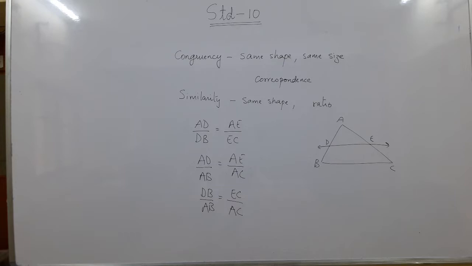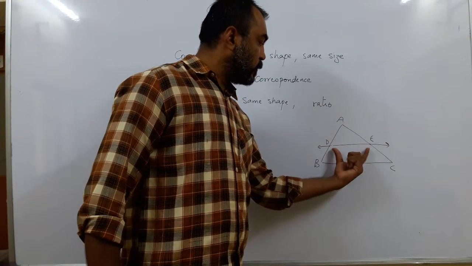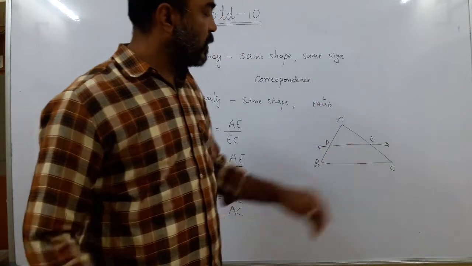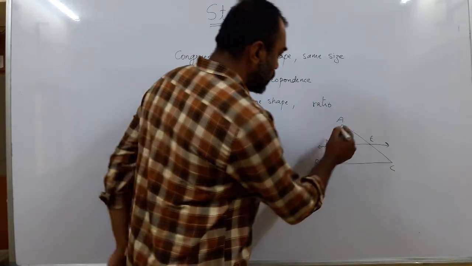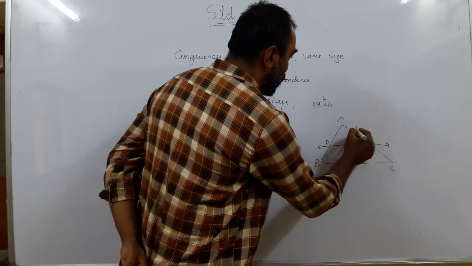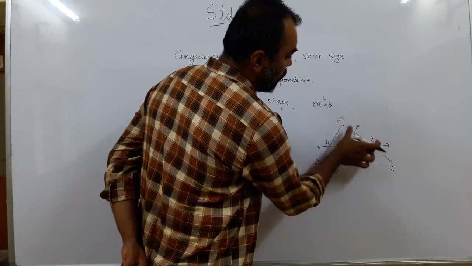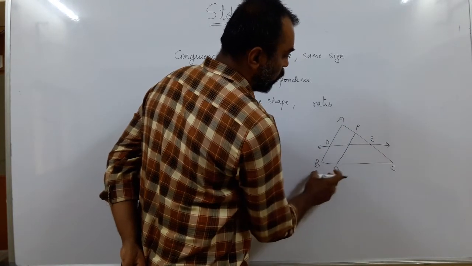Now we have to make use of the theorem. Exercise 6.2 makes use of this theorem. What you have to find out is, the diagrams are given in different manners, but you have to see which line is parallel to which side. So if DE is parallel to BC, we get this ratio. And as I also told you, in this AB, we can draw a line parallel to AB. Call it PQ. Then the ratio becomes PC upon AP equal to CQ upon BQ.